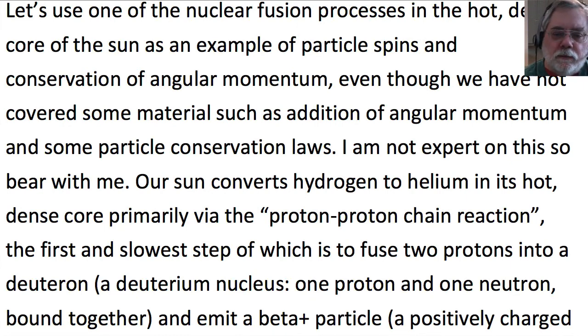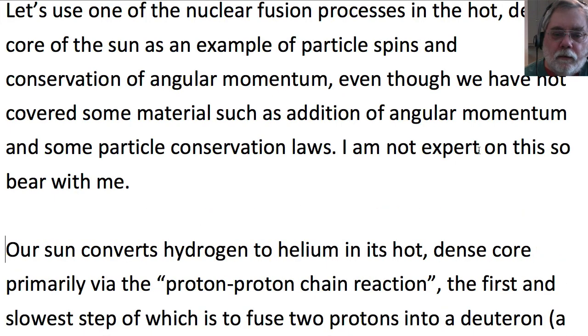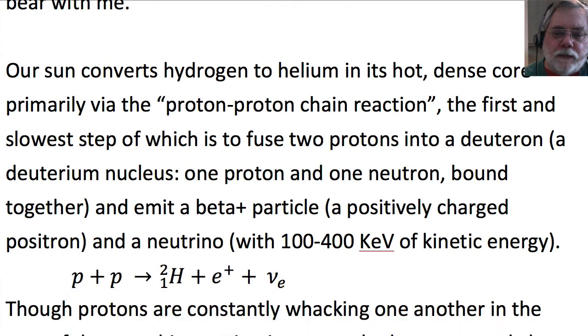Our Sun converts hydrogen to helium in its hot, dense core, primarily via the proton-proton chain reaction, the first and slowest step of which is to fuse 2 protons into a deuteron, a deuterium nucleus, 1 proton and 1 neutron bound together. And in the process, they emit a beta plus particle, a positively charged positron, which is the antiparticle to an electron,